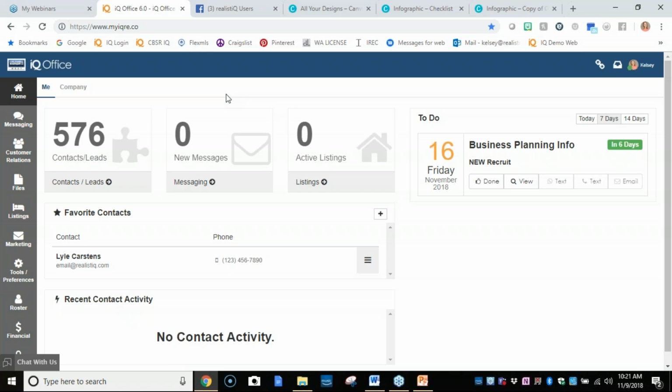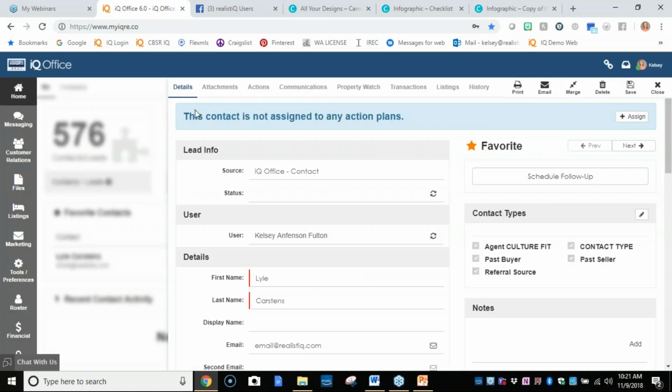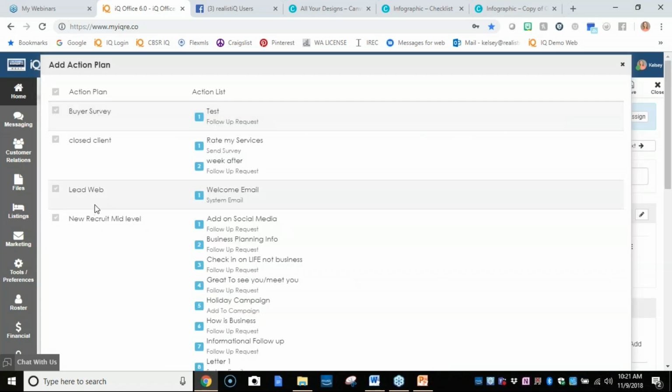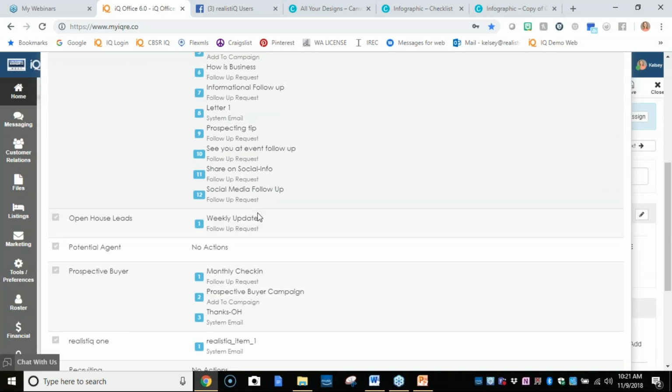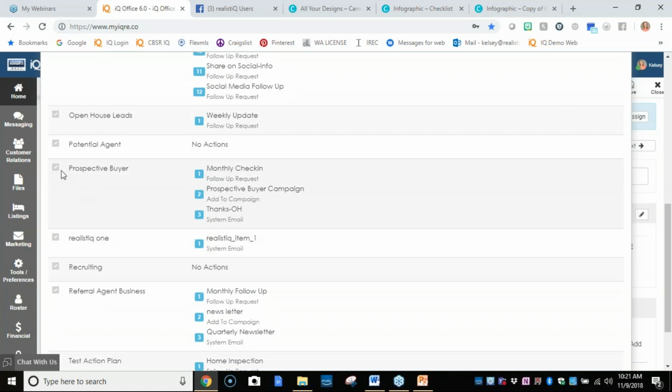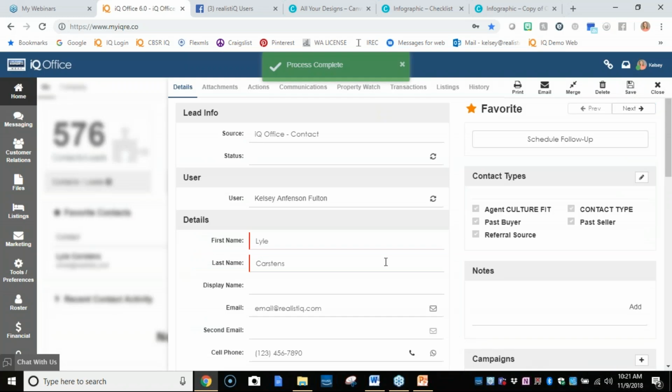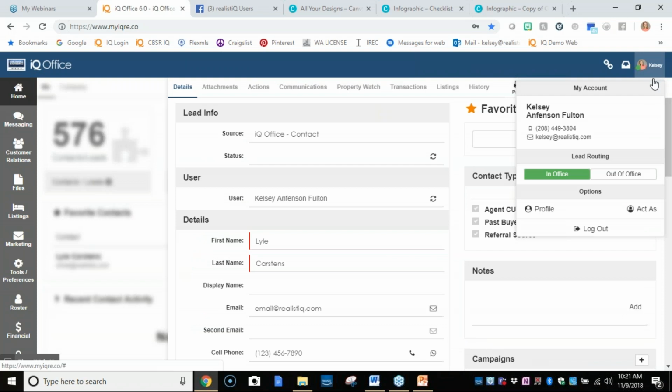So now you've created this prospective buyer campaign. I can actually go into my contact, and I can see that this contact is not assigned to any action plans, and I can add them. So I can say, I want this person to be on my prospective buyer action plan. You can add as many action plans to someone as you would like. Once I click process complete and I hit close,